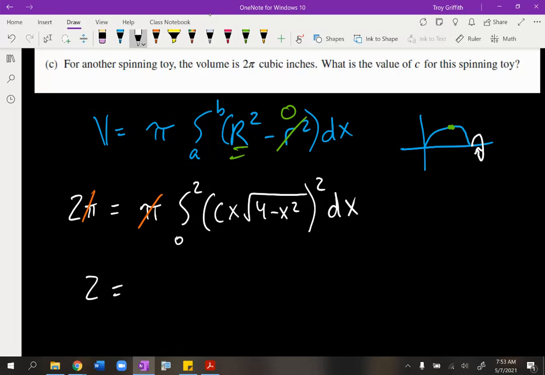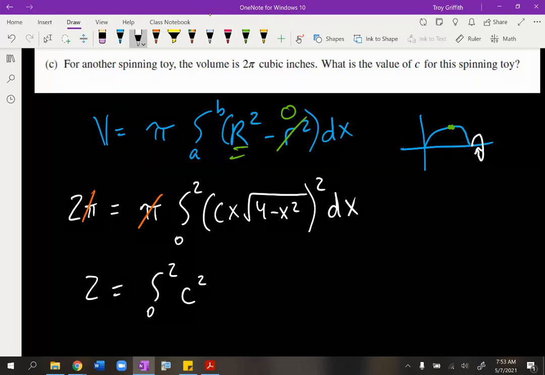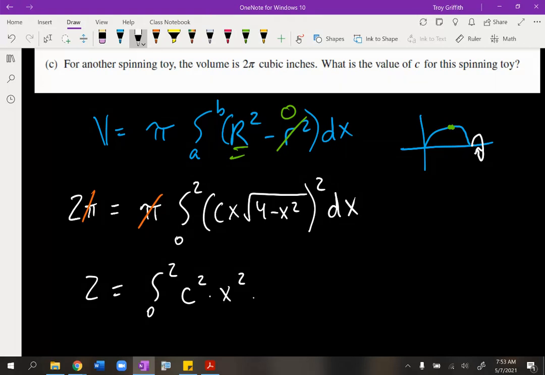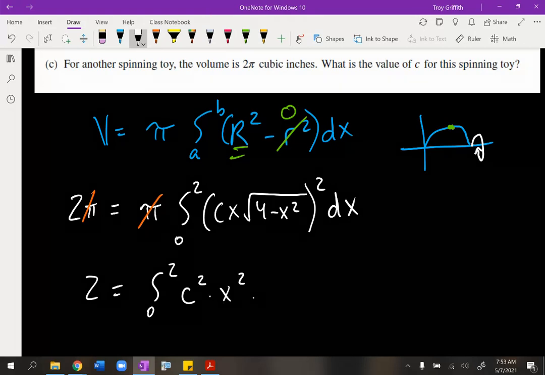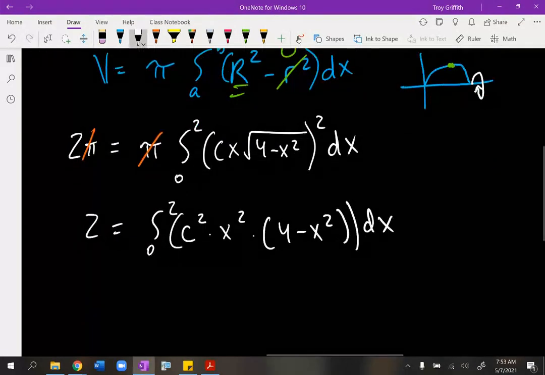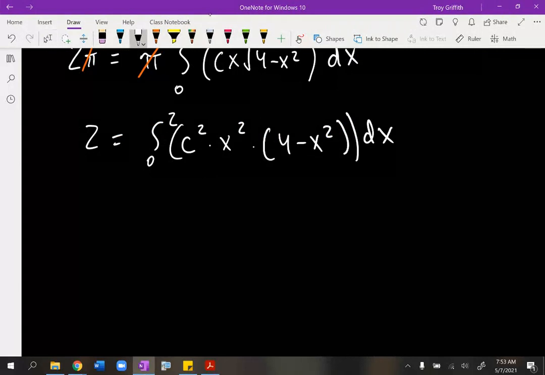So when I'm done here, I get 2 equals, and you go from 0 to 2. I'm going to go ahead and apply that squared. So I get c squared times x squared times square root squared cancels out, and I'm left with 4 minus x squared dx. Okay, and from here we're just working our way through an integral. Okay, I can take this c squared. This is a constant, so if I'd like, I can pull this out to the front. Okay, and I'm going to go ahead and distribute this x squared right here. So I'm going to have 4x squared minus x to the 4th